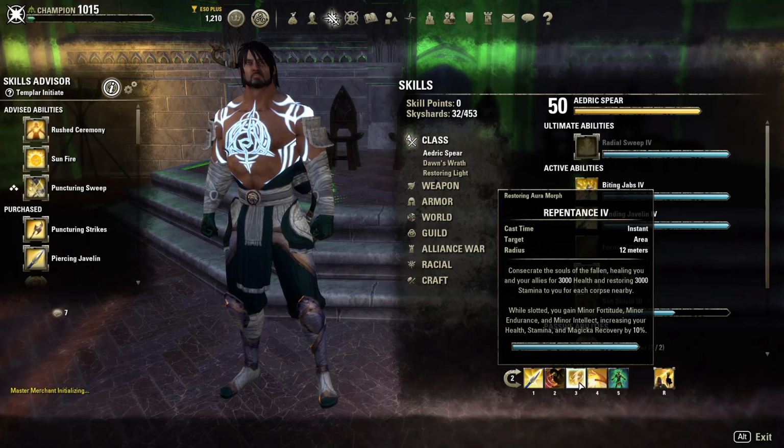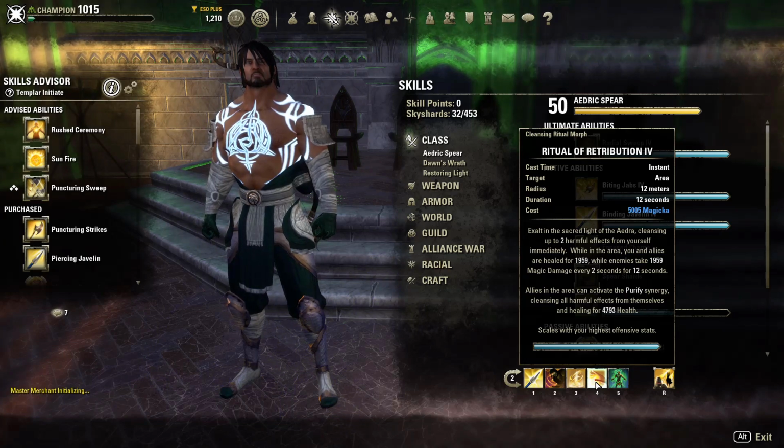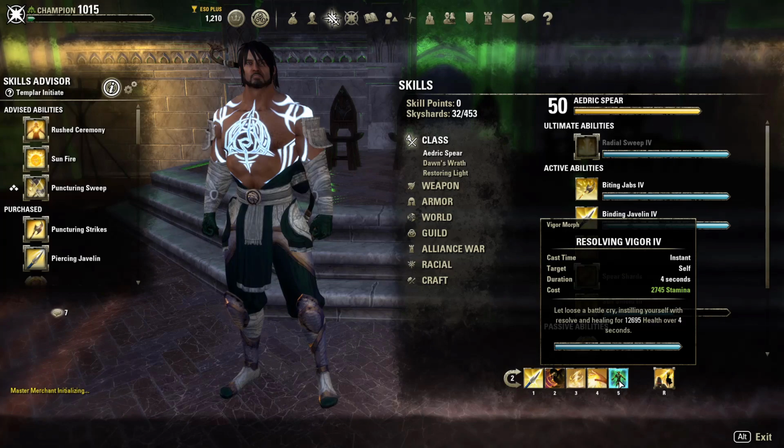Repentance, if you're a stamina Templar, you pretty much got to be running Repentance. And while slotted, you gain minor fortitude, minor endurance, minor intellect, and all of your recoveries are increased by 10%, so that's good. Ritual of Retribution does a little bit of a dot or damage over time, and it's got a heal coming in, and it purifies a negative effect, and so this is pretty much a must for Stamina Templar. The little bit of heals that come in from this is good,